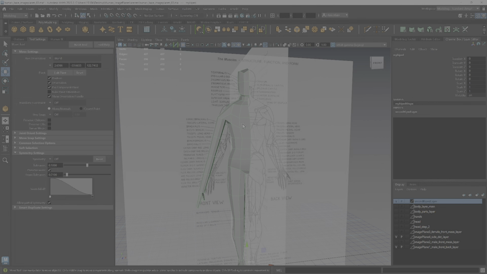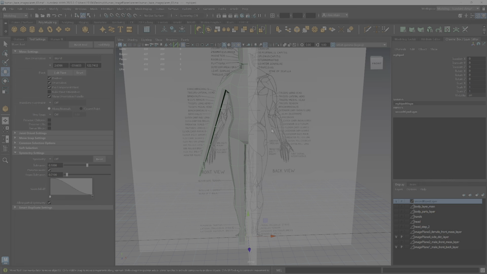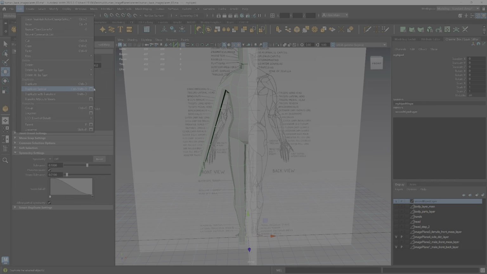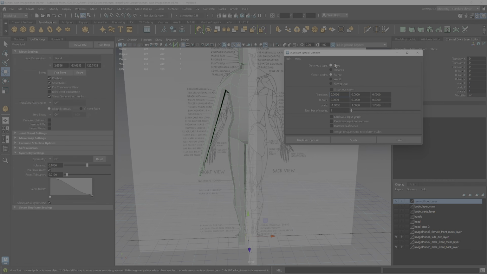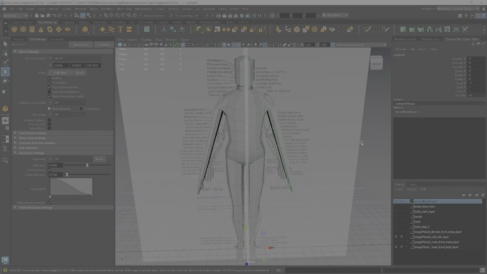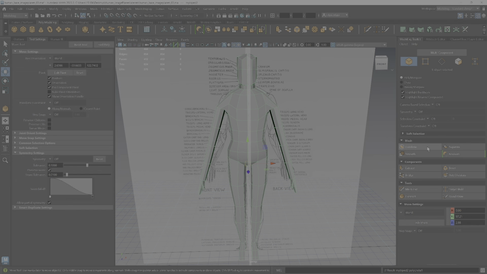But let's mirror this so that we can work with the 2 sides. So let's go to object mode, edit, duplicate special, pull up the settings box, make sure it's still the same where you left it last time, copy with the -1 on the x-axis, left to right, hit apply. There's the 2 sides, close that, marquee drag both, combine them into a single mesh,